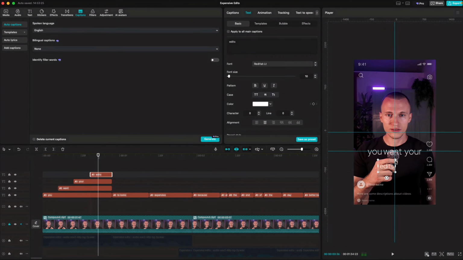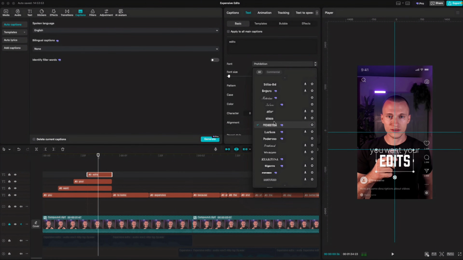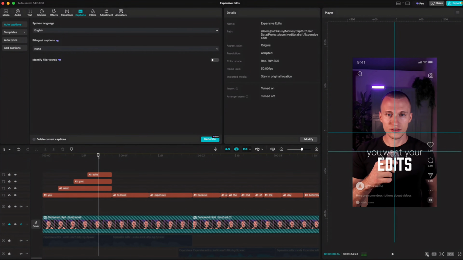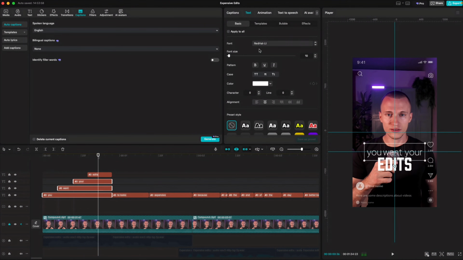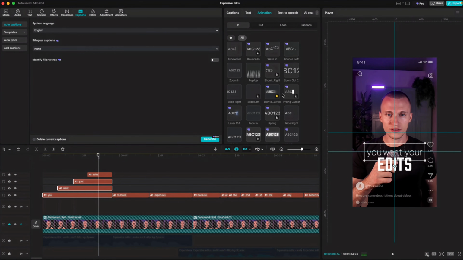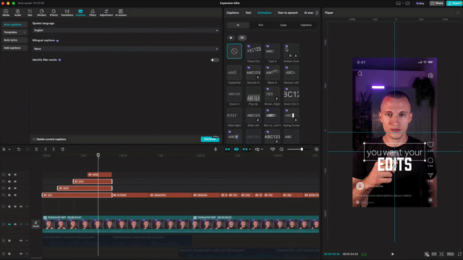And now let's say you want to highlight the word edit. So again, go to fonts and select whichever font you like. I'm about to select maybe this font, and now let's start animating. So I want to have these 3 layers slide down, so I'm about to select all these 3. I go to animations again. Like I said earlier, you guys can go through all these animation presets, but most of them are just not that good. So go through all these, try them out,